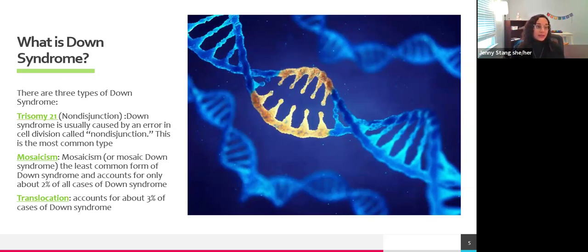So I actually read a story while I was doing research of a young woman who I think had 2 or 3 children, and they were all diagnosed with Down syndrome. Come to find out, she actually had mosaic Down syndrome and didn't know, because she didn't have some of the common traits that you would expect to see with someone with the diagnosis. So that's one, it's more rare and it's least likely to be diagnosed because it doesn't have some of the telltale symptoms or signs.